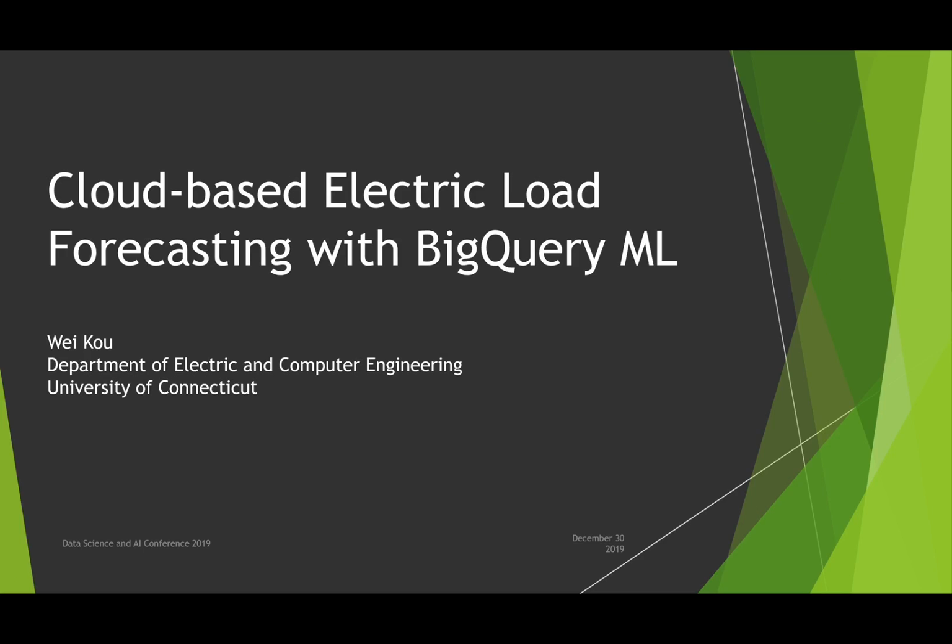I graduated from the Department of Electrical and Computer Engineering at the University of Connecticut. My major is renewable energy and power networks. What I'm talking about today is how to set up a cloud-based electric load forecasting with the BigQuery machine learning